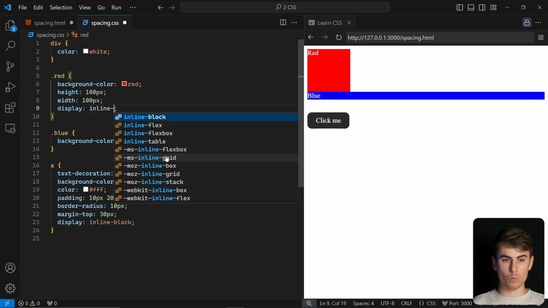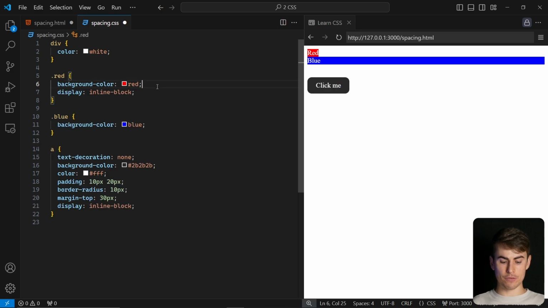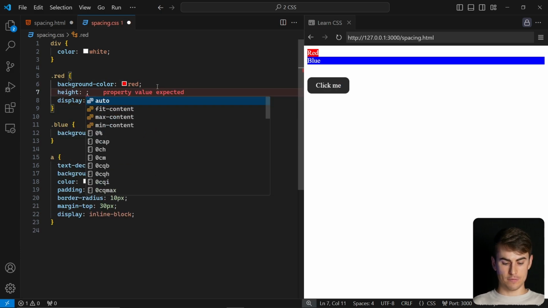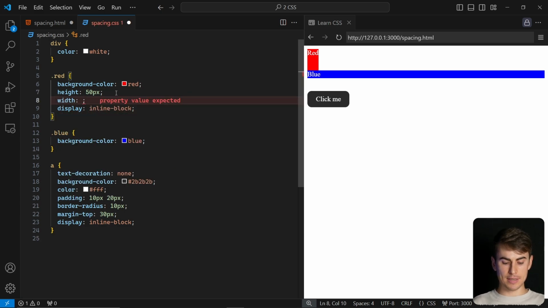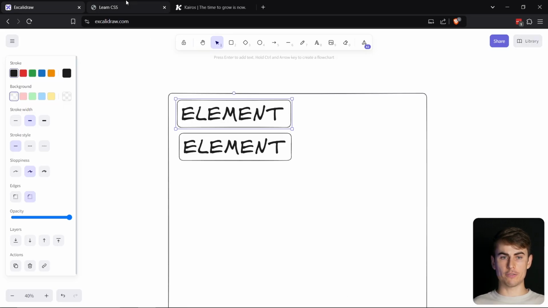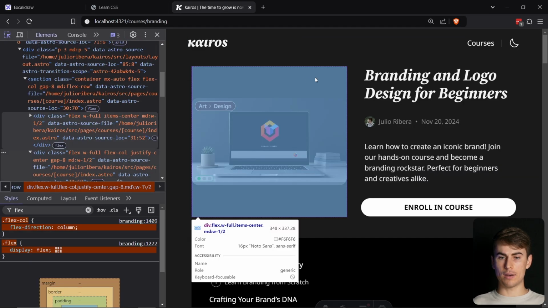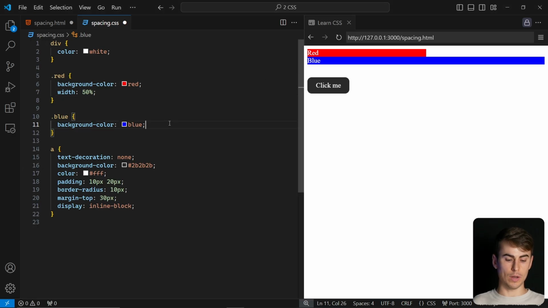But we can combine them with display inline-block, and now it takes the width and the height, but it's displaying it as an inline element. In fact, if I delete this and add, for example, only the height, 50 pixels, it takes the height. If I add the width, it takes the width, but it's an inline element. Great. Imagine I have two block elements and I want each of them to take 50% of the space as I have here. Okay, I have one divider container here and another one here, and I want each of them to take 50%. Well, I can say width